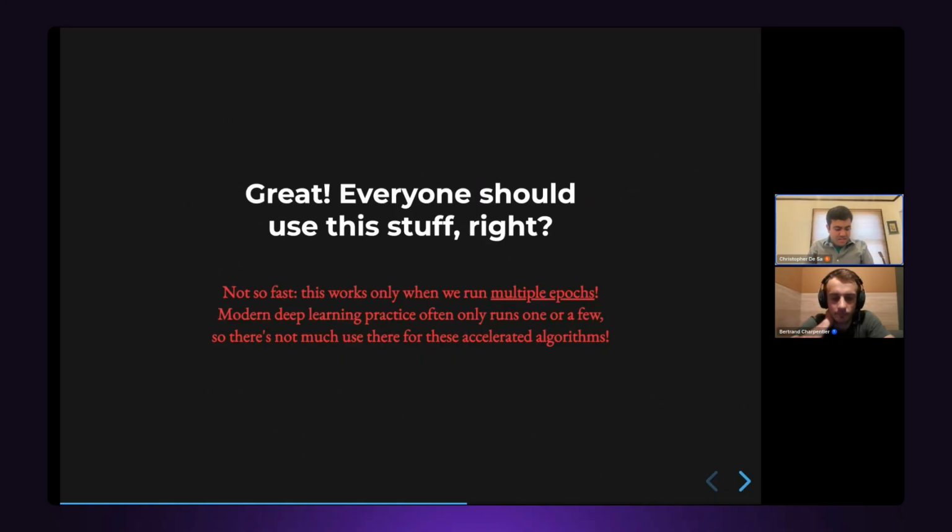That's one limitation. And the other limitation is that you only get a better rate when you actually run multiple epochs. The asymptotic improvement is in the regime where the number of steps is large relative to the data set size. And in a lot of modern settings, particularly pre-training settings, you only run one epoch. And so you shouldn't expect to get that much of an improvement from this algorithm in the one epoch case. In fact, in the one epoch case, GraB is identical to random reshuffling because it doesn't make any changes until the second